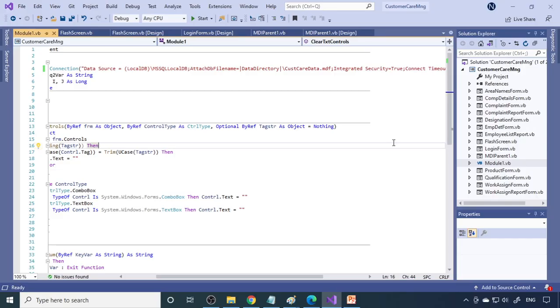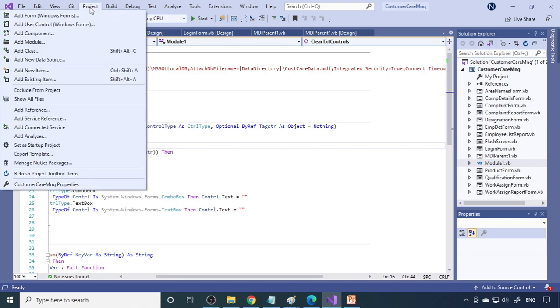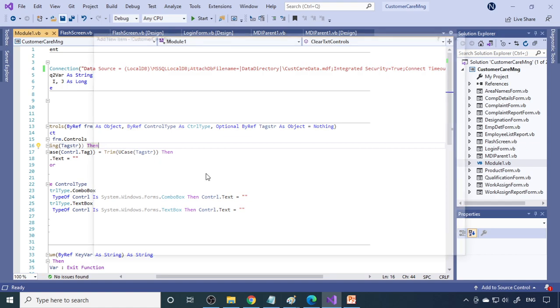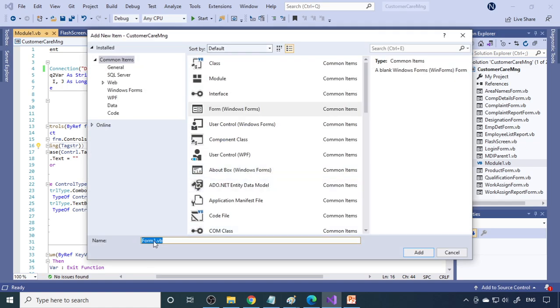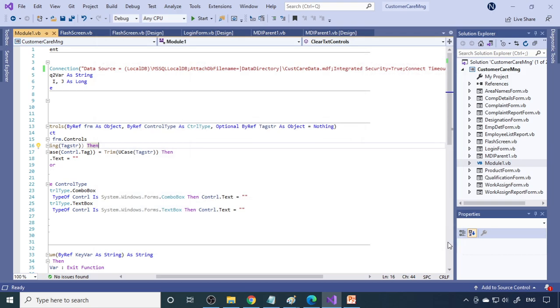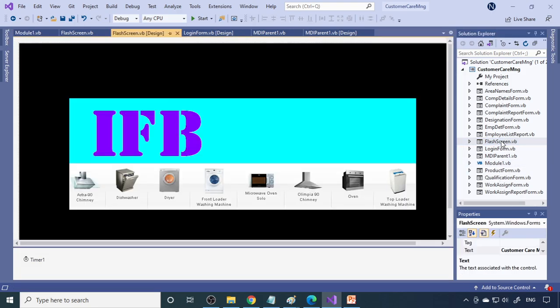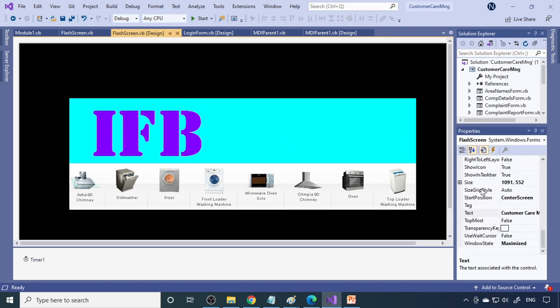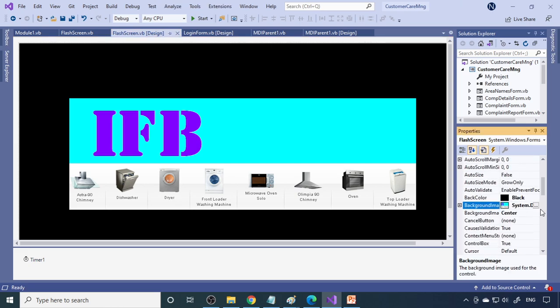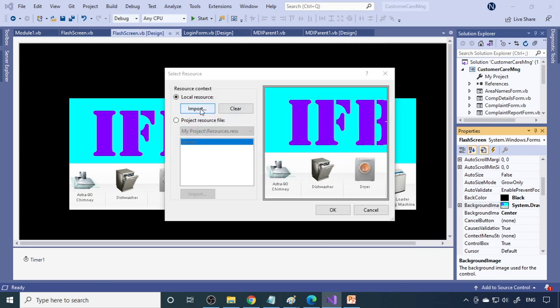Here we're using Visual Studio 2019 and here are the forms. Whenever you add a form, give a proper name to it. Instead of Form1, Form2, Form3, you have to give the correct name. Then if you give the names, you can see that all the forms will look something like this. We'll start with the flash screen. This is the flash screen and here there is a background image. There is a property called the background image property, along with back color. Here you browse and then select the picture. That is the first step.